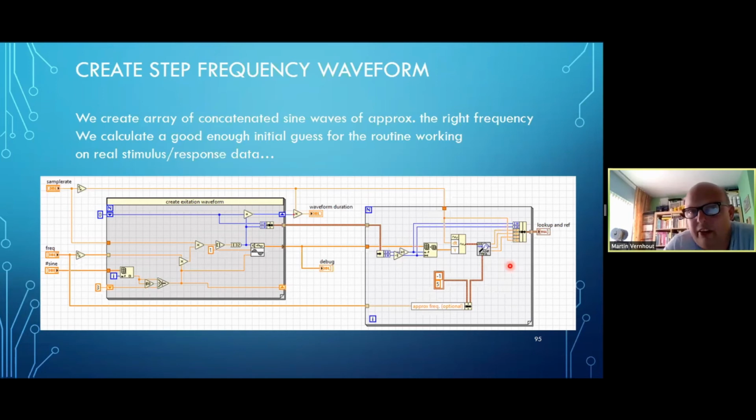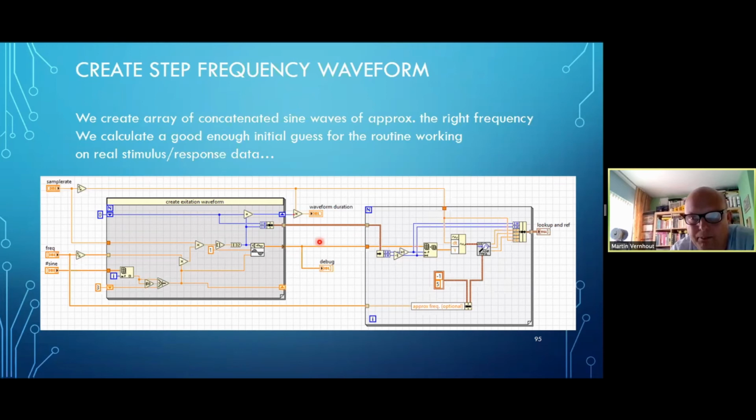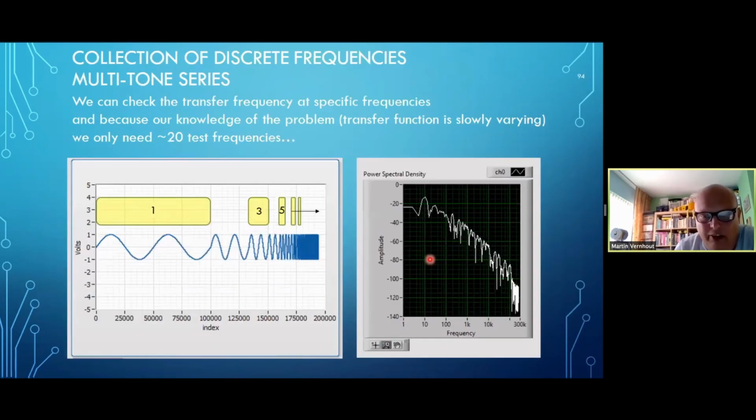We created a single step frequency waveform, so there is a little bit of calculations to make sure that it is nicely as depicted here in the time frame. We actually find the frequency back within a subset of the data, and the whole idea is that we generate this, we capture the response, and we know by looking at the index, the data value index, what the original sine frequency was, and then we are going to compare it for the stimulus and the response, and basically what comes out is our Bode plot.